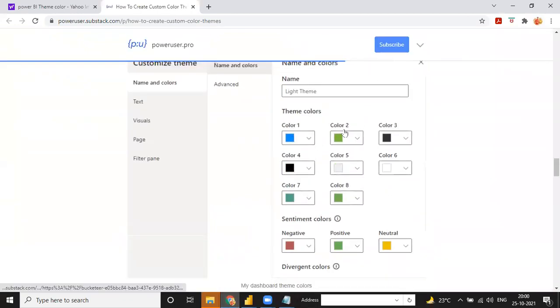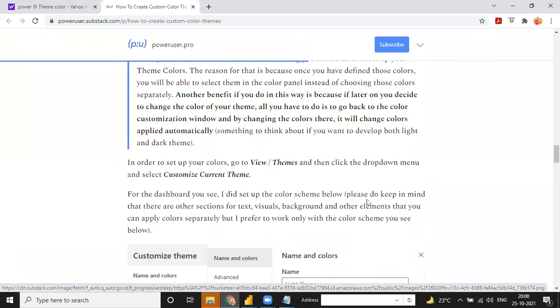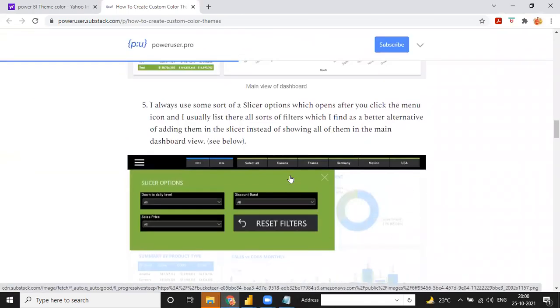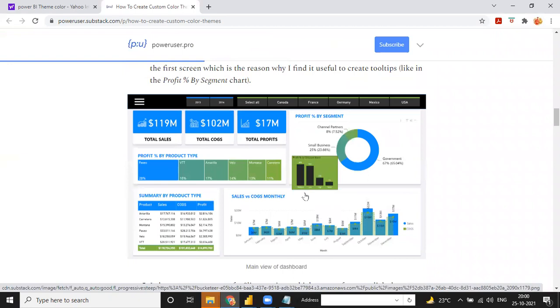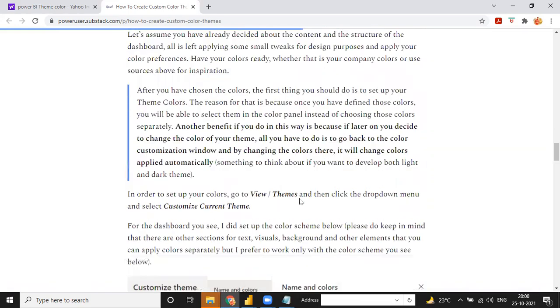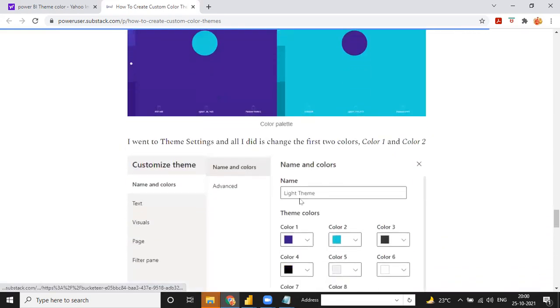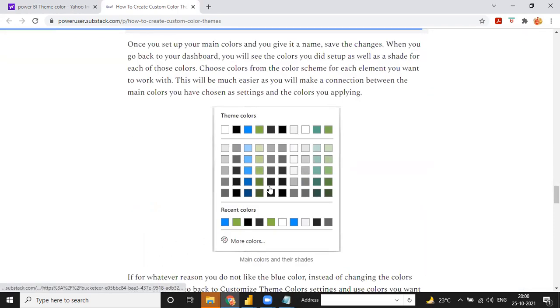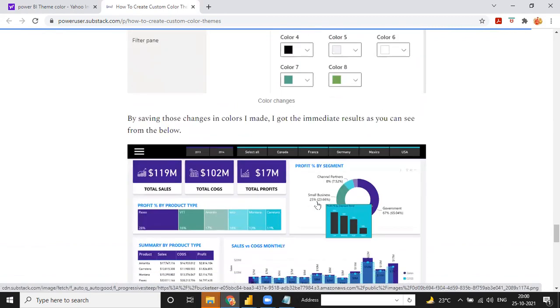See the same thing, all the colors will be changed for this theme. If you're using this theme, it is a very good way. This one is not a very good theme, but it is okay for everything. So you can use any of the themes. When you select one, your color theme will be there for this kind of theme, and you can choose any color for this.